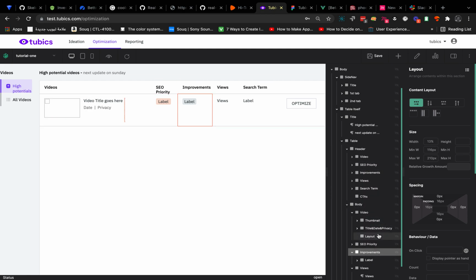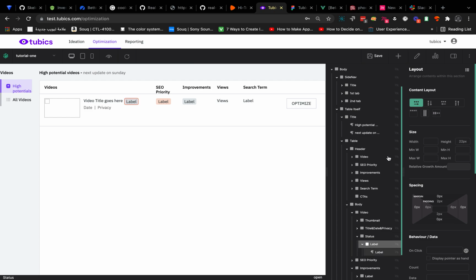Copy label, paste inside, and I will call this status. And this status has a fixed height of, as we say, 22px,